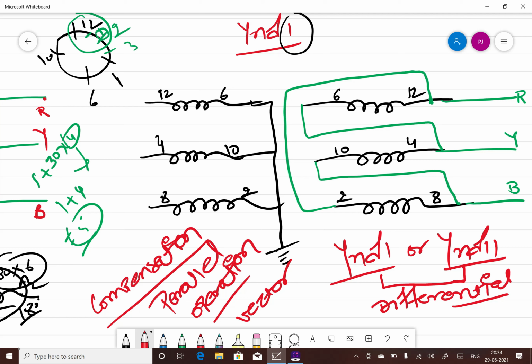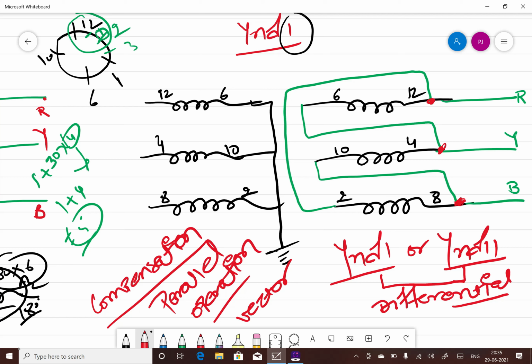So now you already know about these two connections. Suppose at some point of time it might happen that you already have some connections available with you, but you don't know what these connections are. Or it might happen that, inadvertently, this is the connection of the bushings, but the terminal which is brought out outside is somehow interchanged.